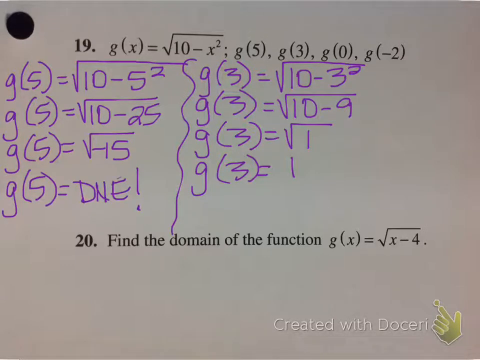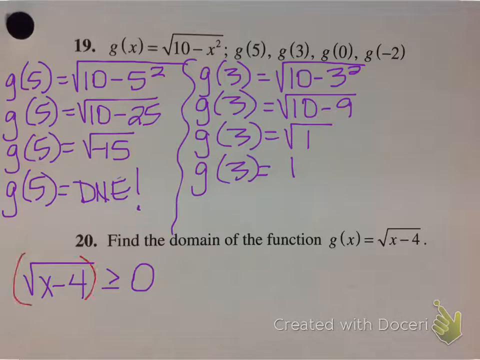So when you're talking about a square root of x minus 4, its domain has to be greater than or equal to 0, meaning numbers that we put in have to give us numbers greater than or equal to 0, or positive numbers. We don't want any negative numbers. We can't deal with those right now. So when I have a square root like this, I'm just going to take my radical, and I have to have it greater than or equal to 0. When you solve,